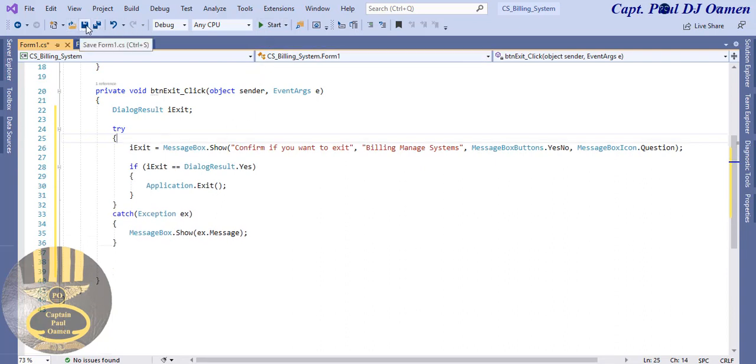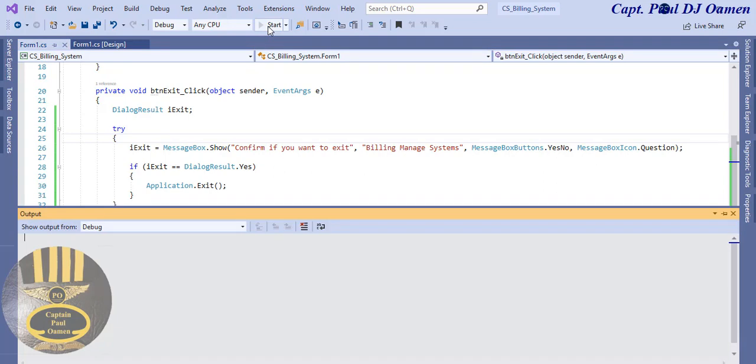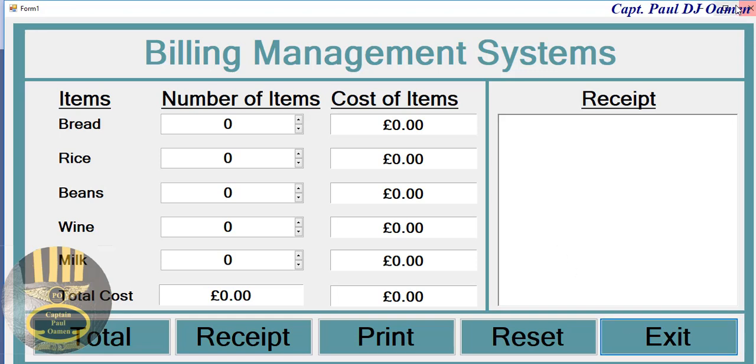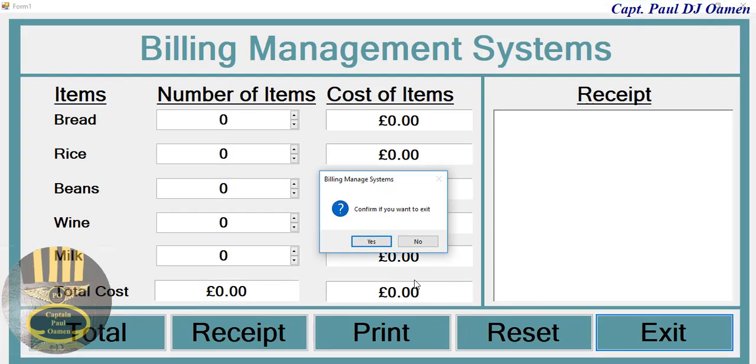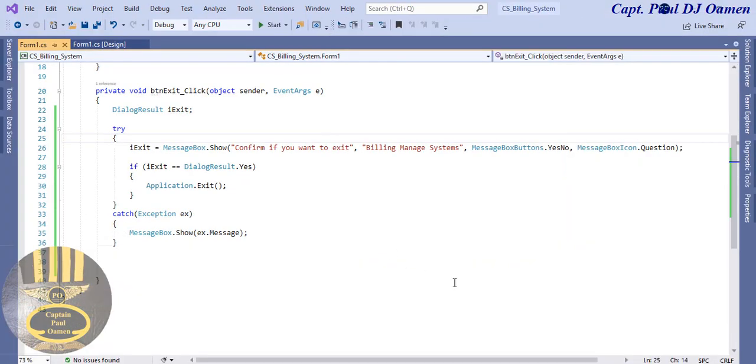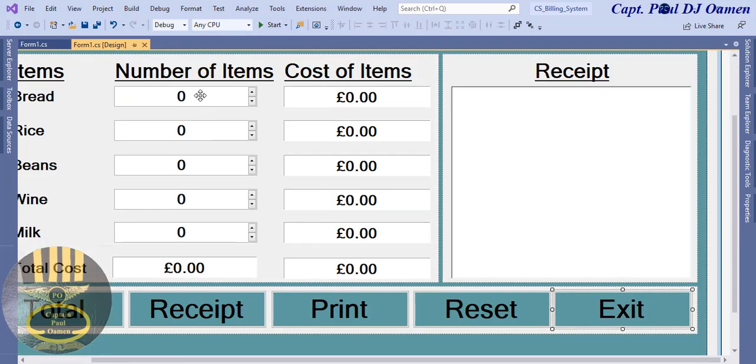So let's save and run there. Run it and see. Click on the exit button. There we go. No, I don't want to exit. Yes, I do want to exit. There. So the next one I'm going to take care of,